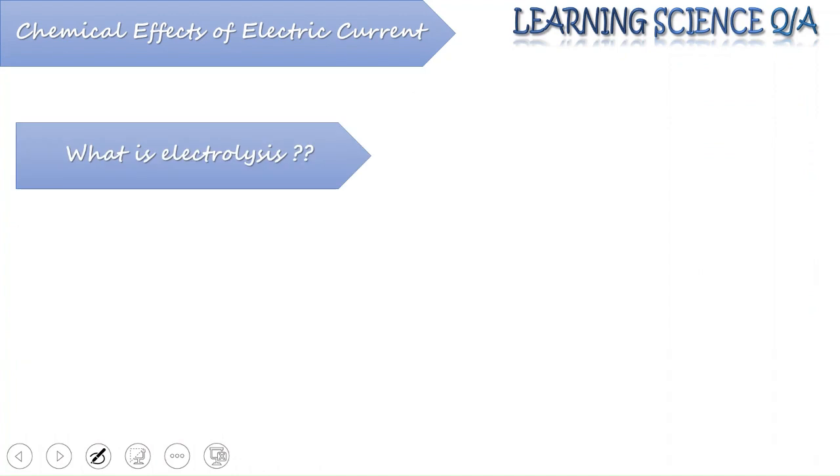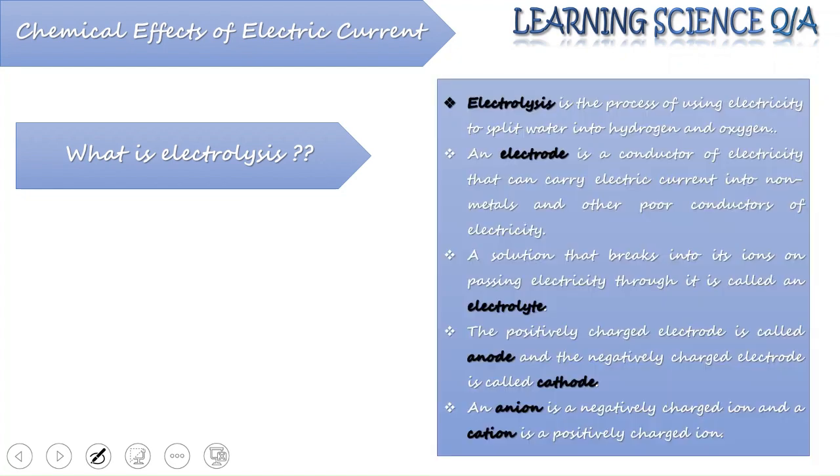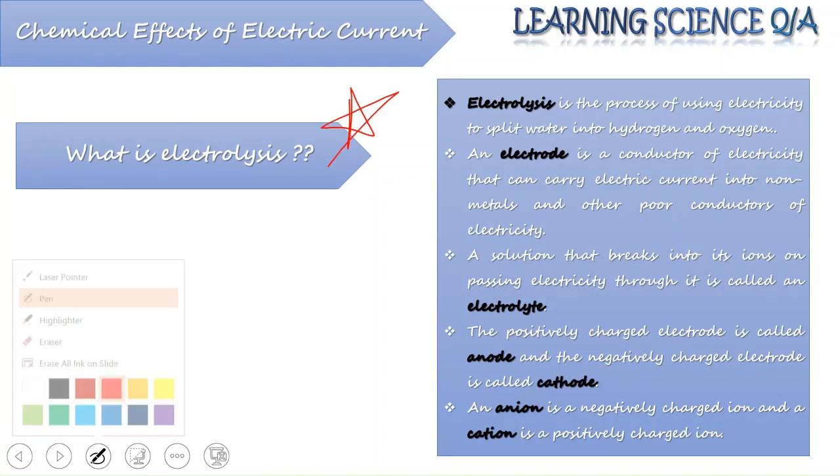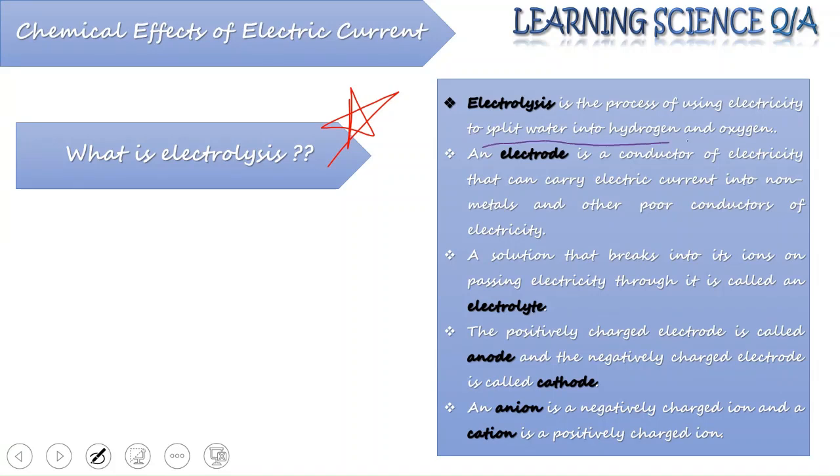Now coming to the next point, which is electrolysis. Electrolysis being a very important topic from the exam point of view, it is the process which uses electricity to split water into its components. Water is made up of hydrogen and oxygen. It uses electrodes. That means electrodes are conductors of electricity that can carry electric current into non-metals and other poor conductors of electricity,